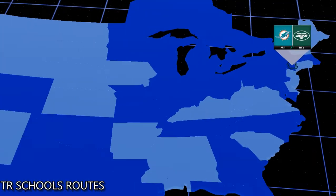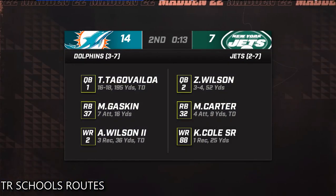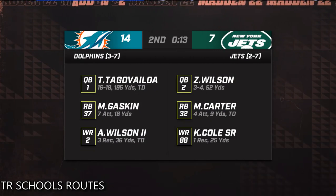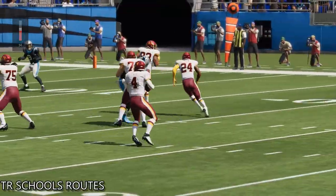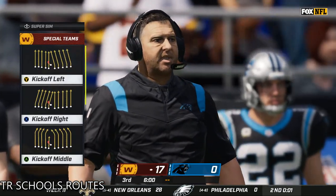Finally, we finish at MetLife Stadium to see what's going on with the Jets. And in that one, it's the visiting Dolphins who are out in front. Albert Wilson, a touchdown reception. Meanwhile, in our game, it's been a back-and-forth first half. Who can put it together in the second half? For the answer, we turn it back over to our...